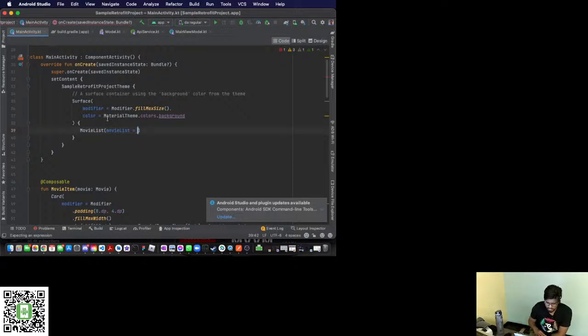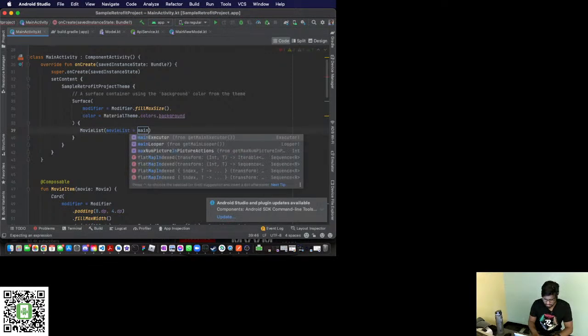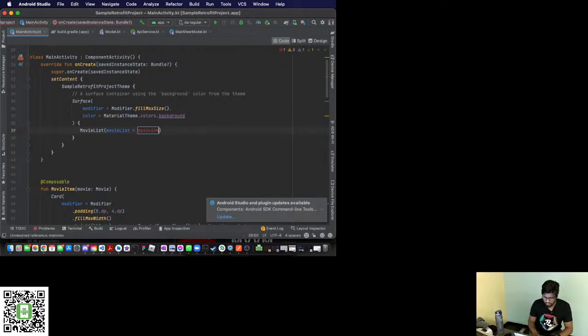Okay, so we have our surface here, which has the UI. Then if we call the movie list, we want to show this list from our UI. Now we need to connect the view model with it, which is just calling the class main view model, which we have to make an object for. It all looks confusing, but